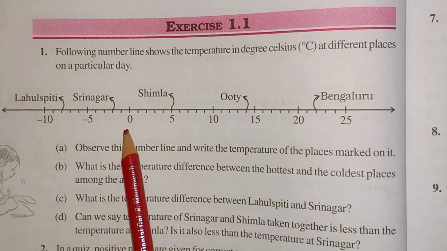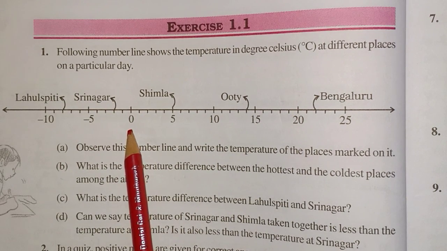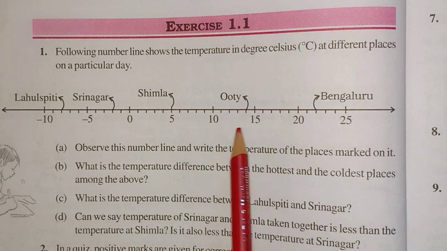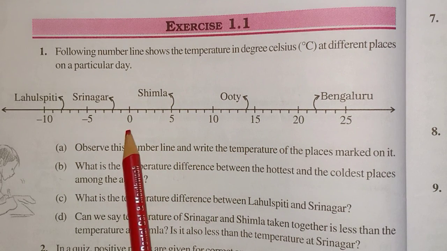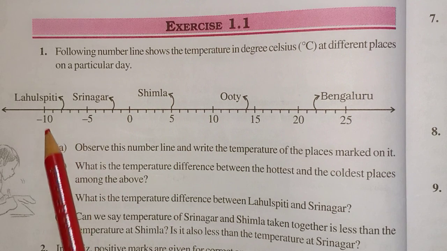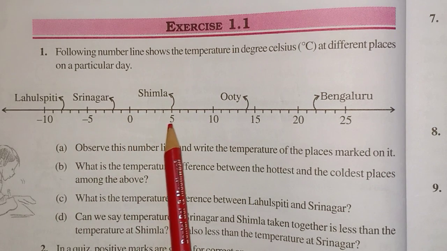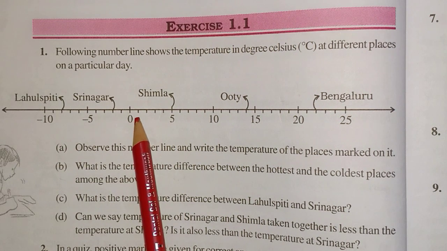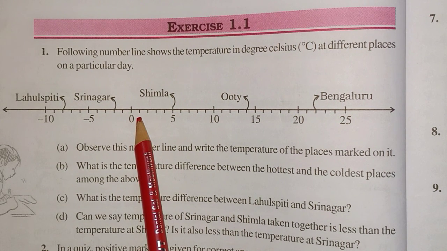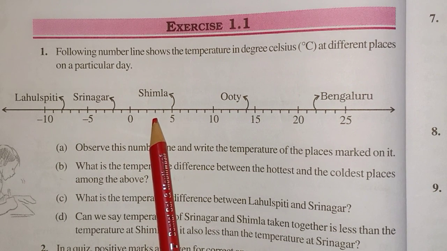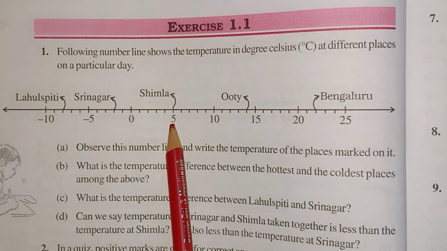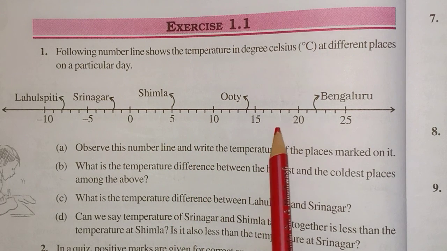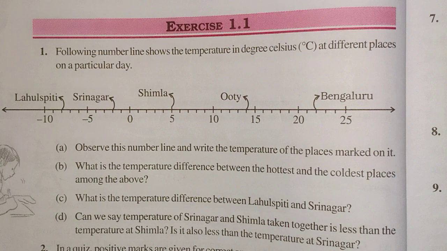If we notice, here there is 0, and we have learned that on the right side of the 0 we have all positive integers and on the left side we have all negative integers. So here it is 0 and here it is 5. There are some lines between it. So the first line stands for 1 degree centigrade, 2, 3, 4, 5 degrees centigrade, respectively 6, 7, 8, 9 and so on. Now let's see what is our first question.